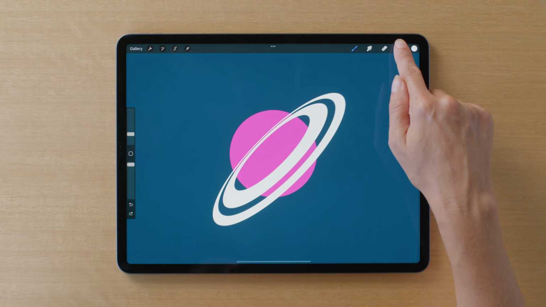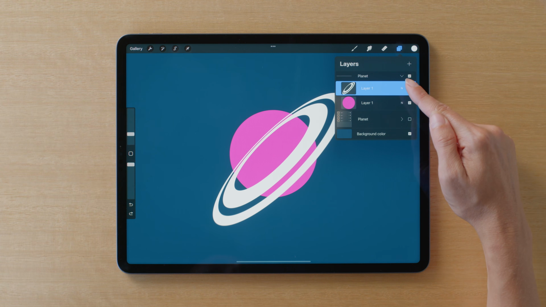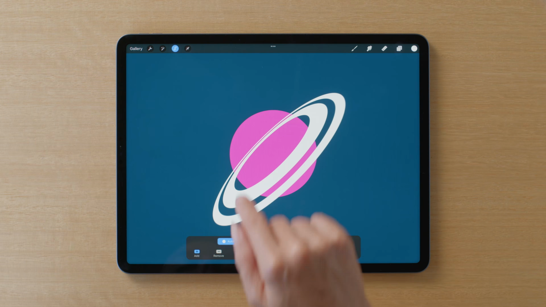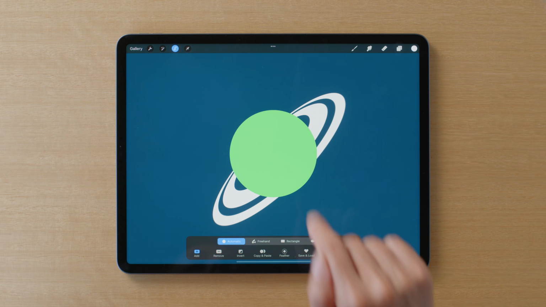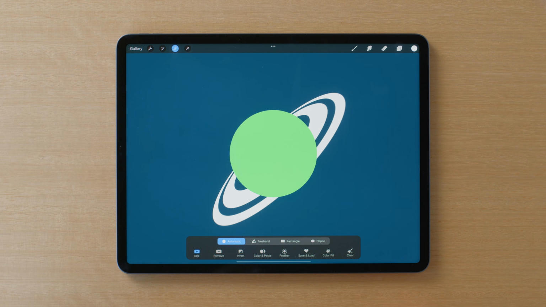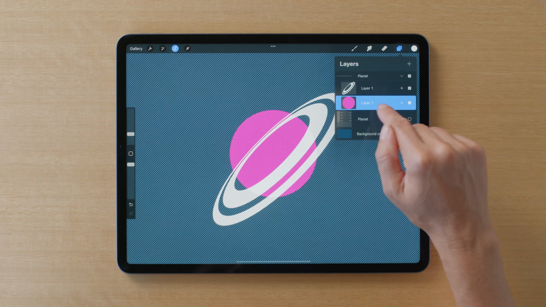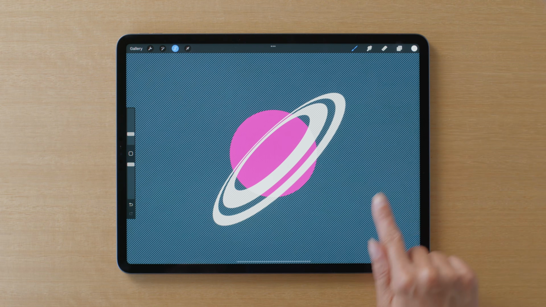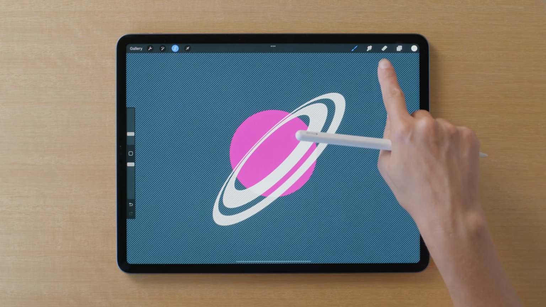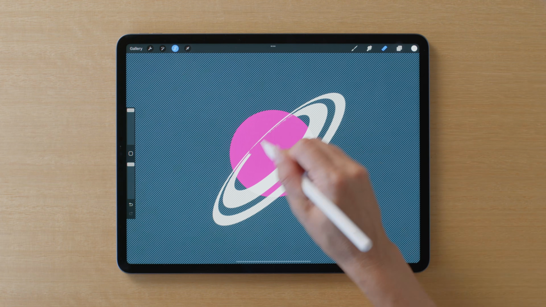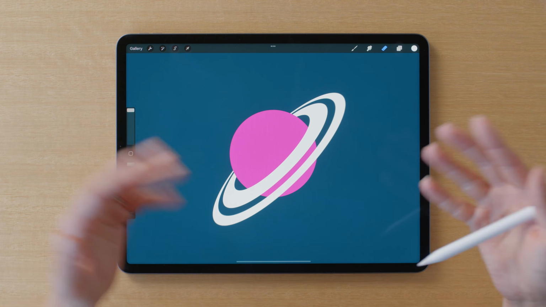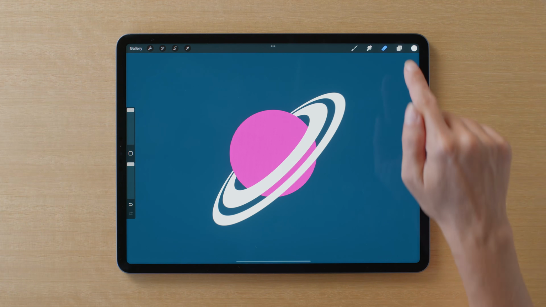We can use the selection tool to work across layers. So if we go to our pink planet layer, tap selection, automatic, and select the planet area, we can go back into our layers and select the outer rings. Here you can see diagonal lines to indicate what is not in our active selection. Now we can erase within the selected area. Tap the selection tool to exit and look at our lovely planet.